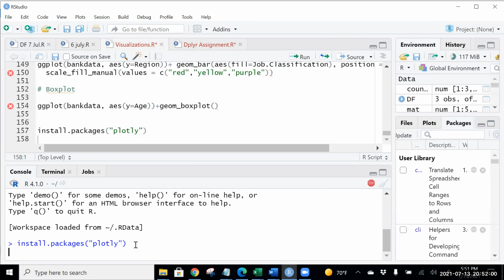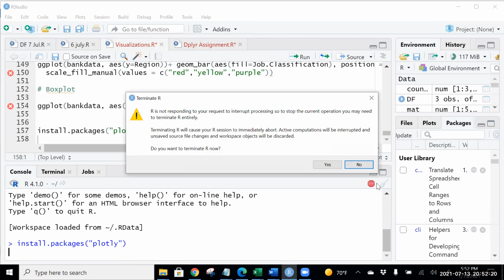It's actually still installing. It is trying to hit that network. Just wait a moment. Do one thing, just click on stop. Click on this, interrupt this app. Click on yes.